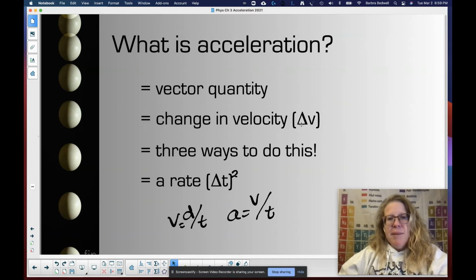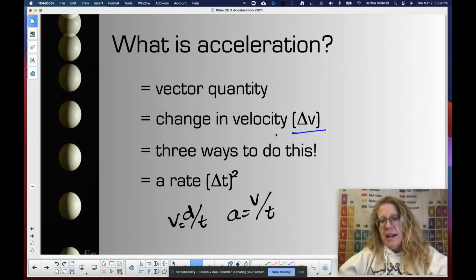So if we're talking about a change in velocity, right, we've got delta V going on here. I've got to get my pen, sorry. Any change in velocity is a change in acceleration. And because velocity is a vector, it has magnitude and direction, that means that acceleration also has to be a vector, right? It has to have magnitude and